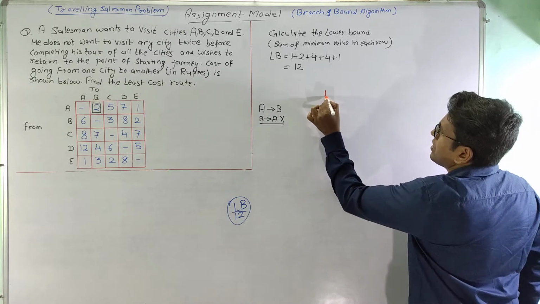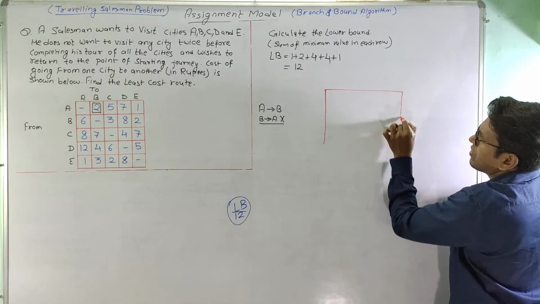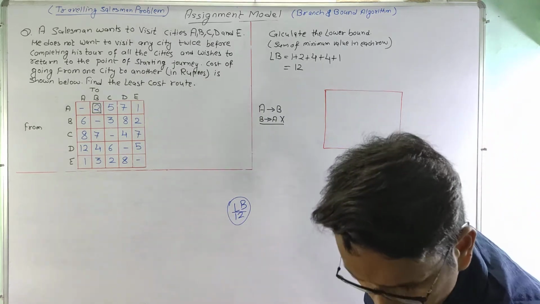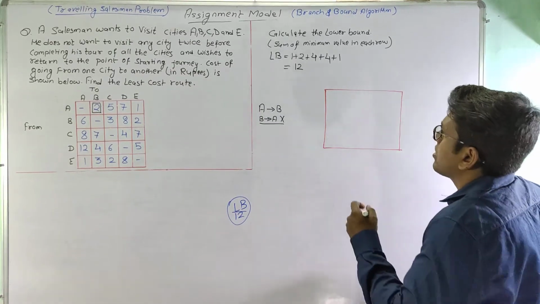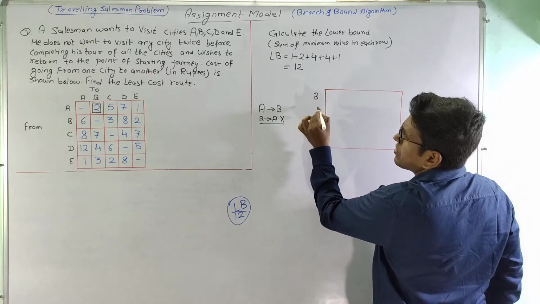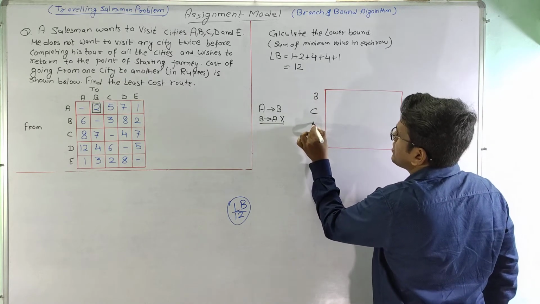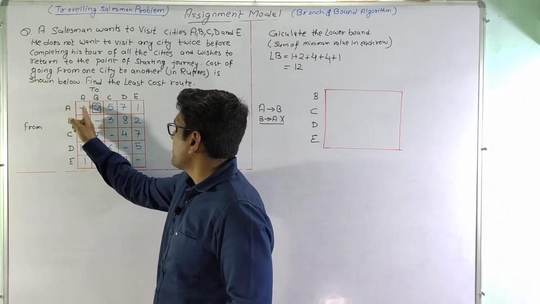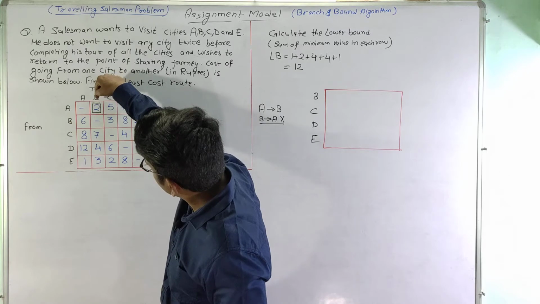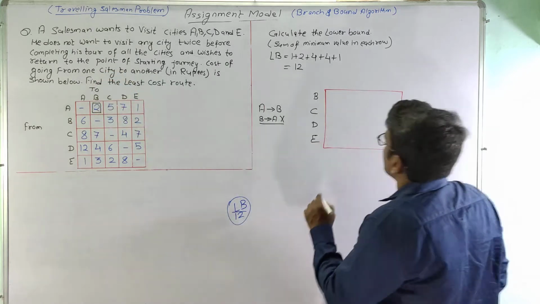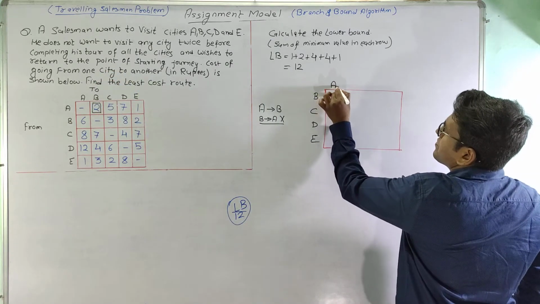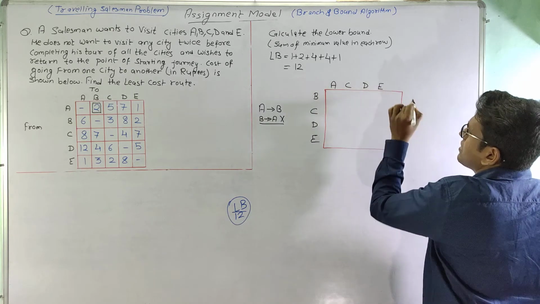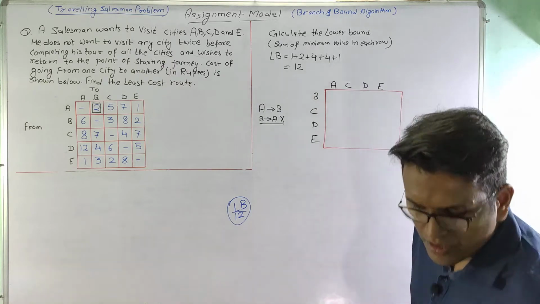So now we can see that our matrix will now be reduced to, okay, let me write here, our matrix will now be reduced to B, C, D and E. Since there is no more assignment can be done here, similarly no more assignment can be done in B, so this has been reduced to A, C, D and E, and the values here will be